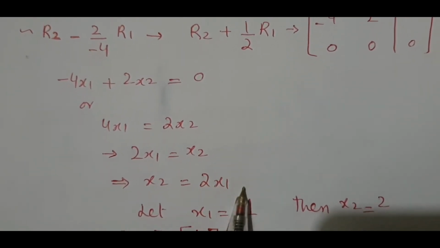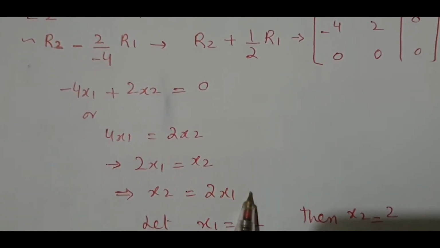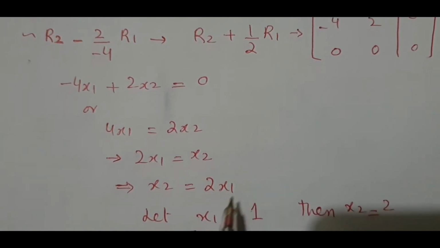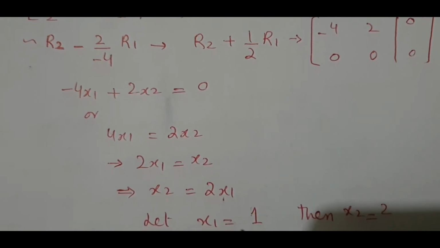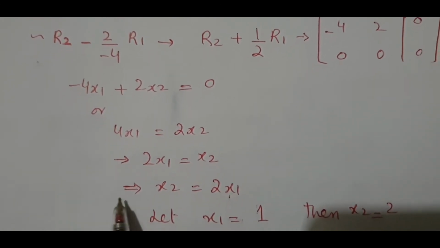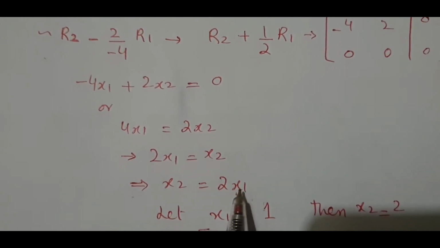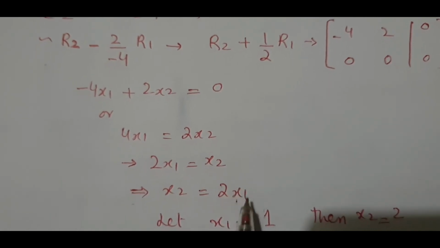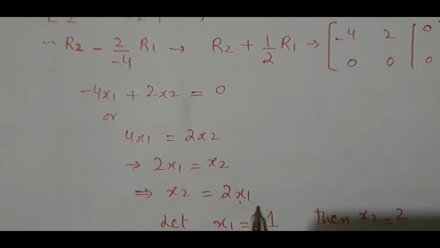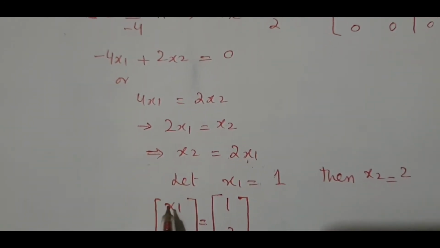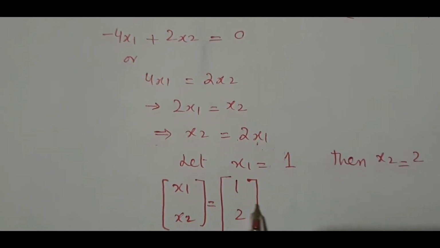Now I have to suppose a value of x1 to get the corresponding value of x2. I can take any value of x1 from the real numbers. It is easy for me to take some non-zero value, say x1 = 1, and then I got x2 = 2. Similarly, I could have chosen x1 = 1/2, by which I would have determined x2 = 1, and so on. In this way, my first eigenvector came to be (x1, x2) = (1, 2),